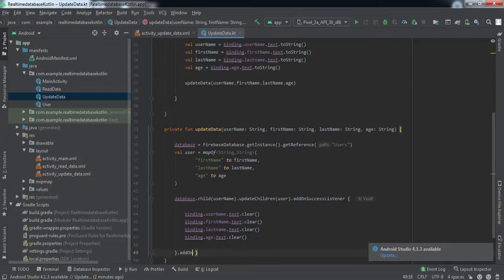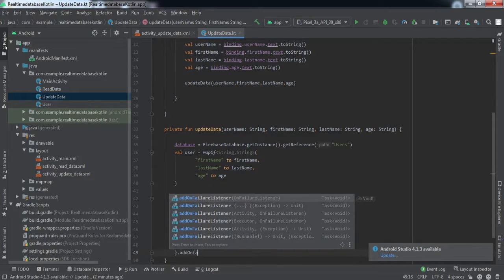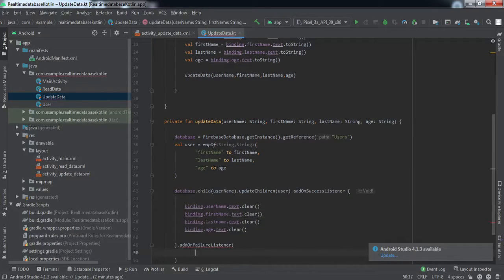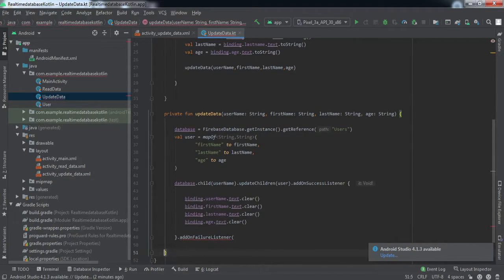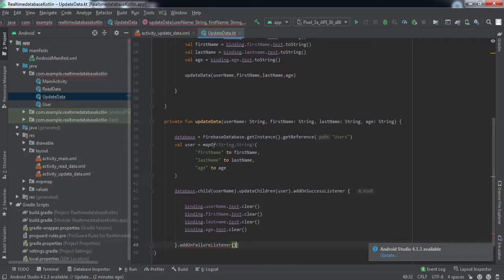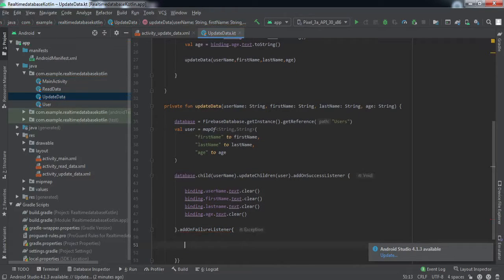Now we'll attach an on failure listener in case we're not able to update the data. So this callback method will be called. So sorry for this. Okay, so here we'll raise a toast, pass the context, and the message will be failed to update, right?